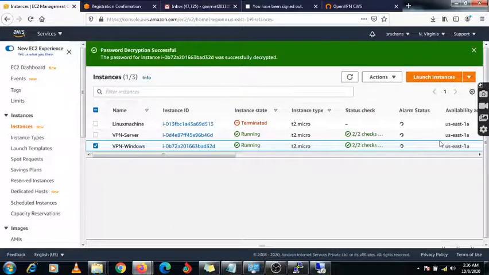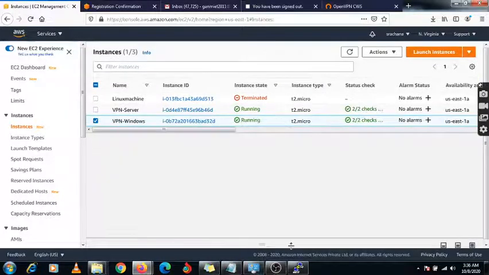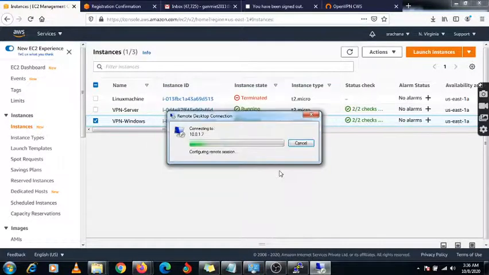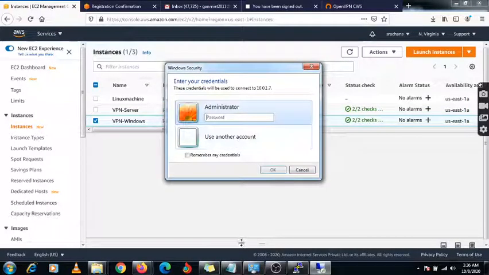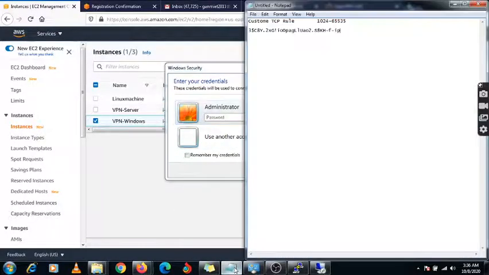Here is the problem. The alarm status is showing in red color. No alarm, okay. Again we can try to connect that machine. Yeah, now it is connected, right? So directly you will get access to your private subnet servers.